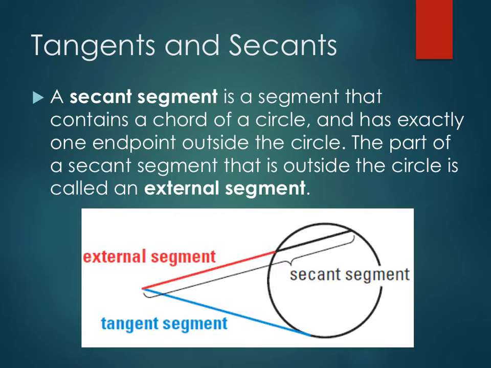Then we talked about tangent segments. So the secant and the tangents both have segments, which are going to terminate. They're going to have two endpoints. And the two parts of the secant segment are the external segment, which is here, and the entire segment, which is here. So we're going to use those in the next theorem,